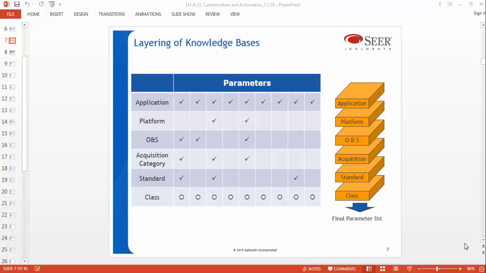Well, before we can do that, let's take a step back and look at how CRH loads in knowledge bases. As you can see from this diagram, CRH first loads in the application, then the platform, then ONS, then acquisition category, then standard, and then class. What's important to note about this order is that the lower level knowledge bases will actually override any of